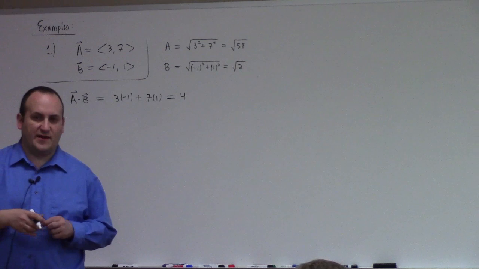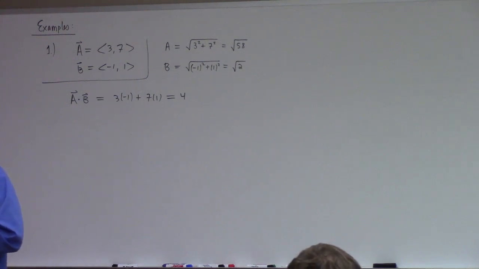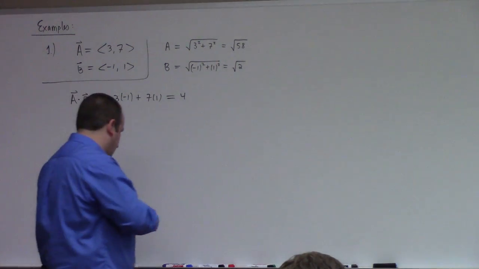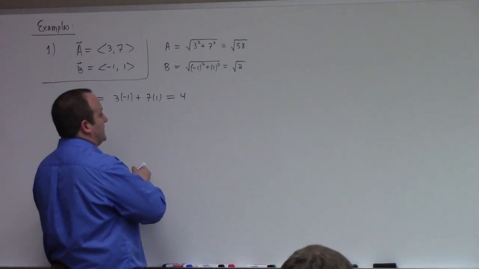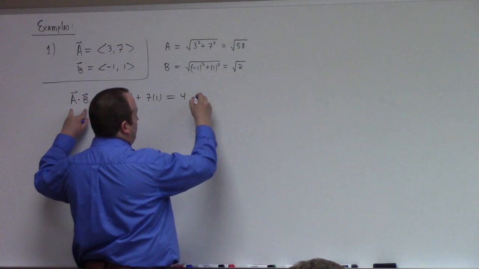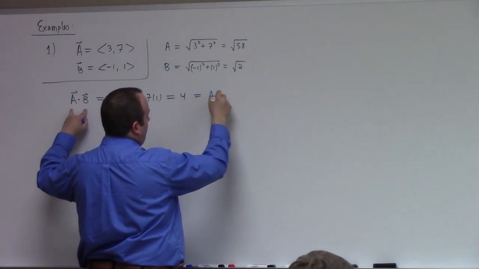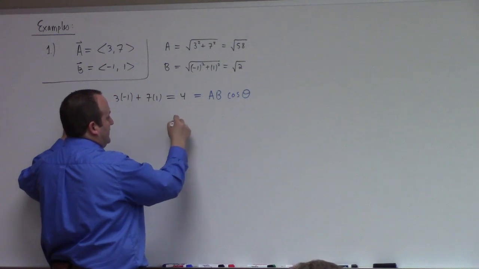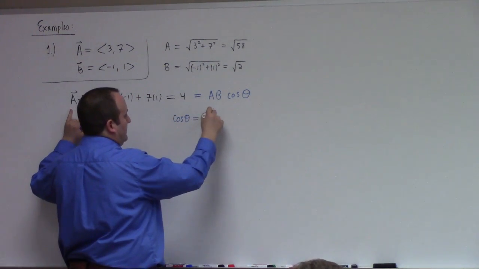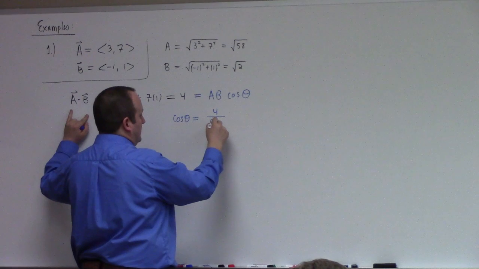So what I'm doing right now is I'm calculating the length of each vector, the dot product, and then I'm going to use the theorem I stated about the dot products to calculate the angle between them. So what do we know? The theorem says that, and I advertised to you guys, this is essentially the law of cosines written in this formalism, but A dot B is equal to the length of A times the length of B times the cosine of the angle between, all right? So I get cosine of theta is equal to 4 over the length of A times the length of B,